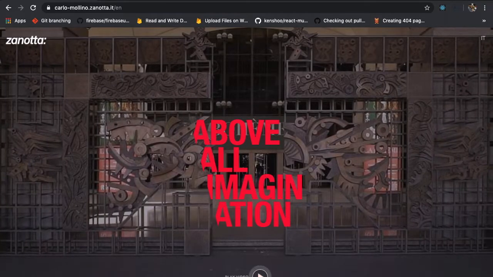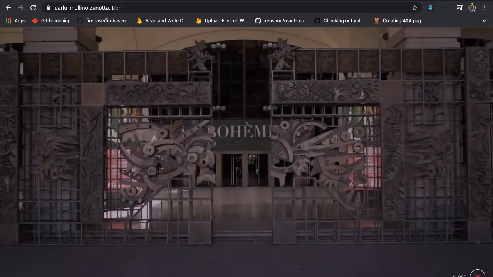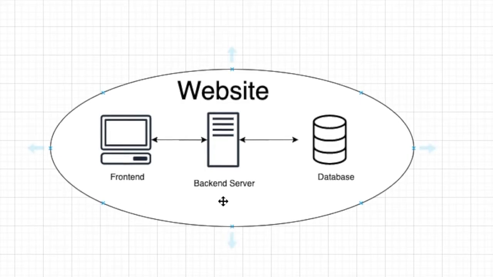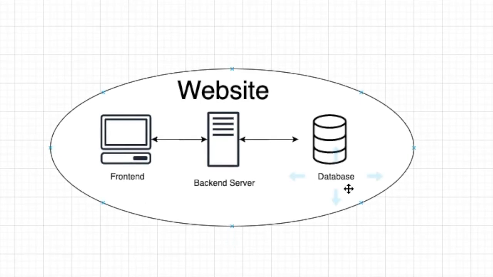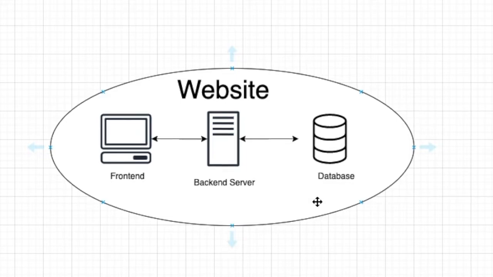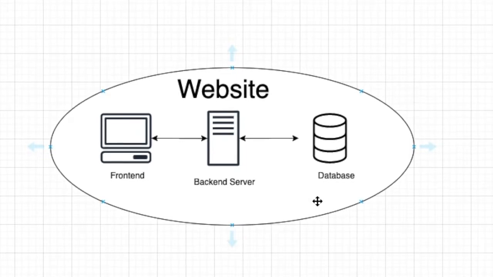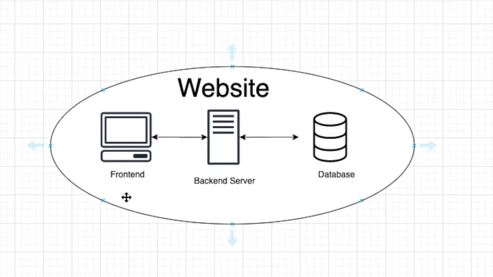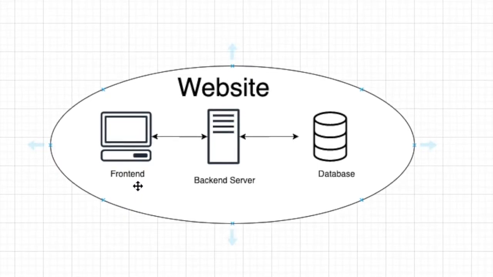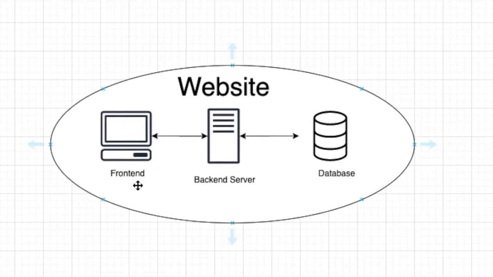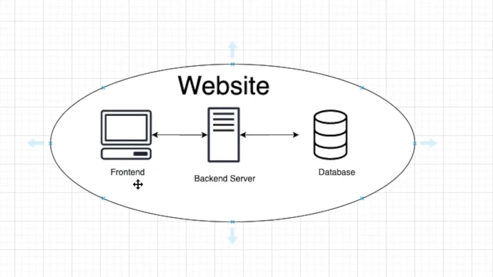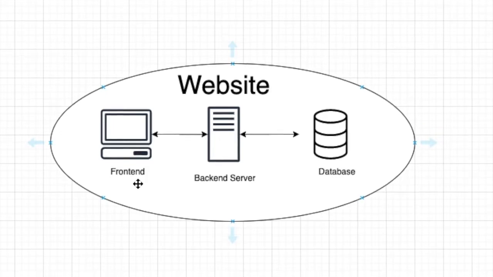Before diving any further into it, let us first clear our basics. Every website is divided into three major components. First, the front end, second, the backend server, and third, the database. All these three components work together in order to form what we call a website. Now let us understand each one of them. Front end is basically the part where all the user interface related things reside. All the fancy and interactive things which you see when you visit a particular website are all front end.